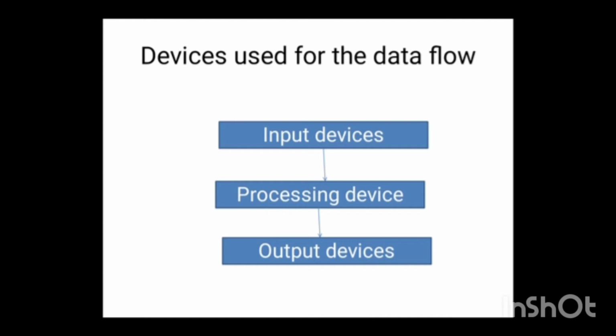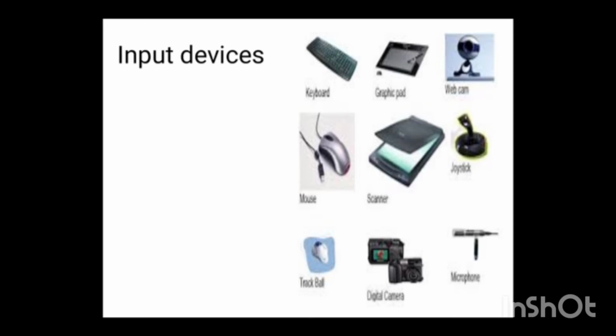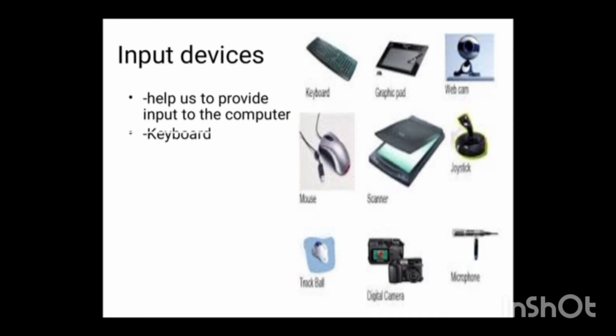Okay, already we have told two examples. In both examples, one is using the mouth and another you are using hands, isn't it? So these are the output ways. In the same way, for the computer, there are different output devices. Okay, now let us see what an input device is. Input devices help us to provide input to the computer. There are different types of input devices.